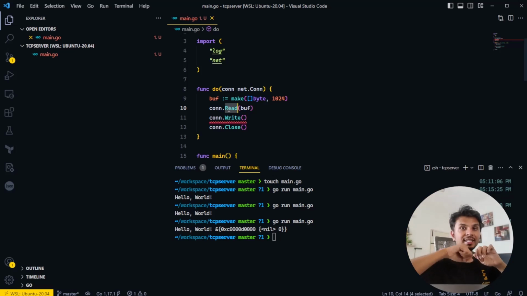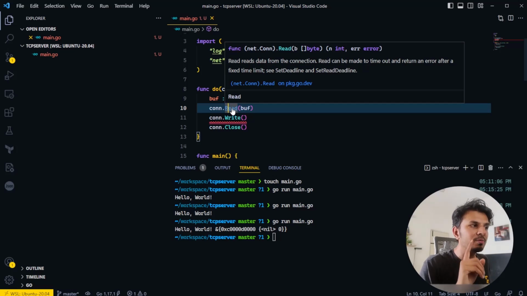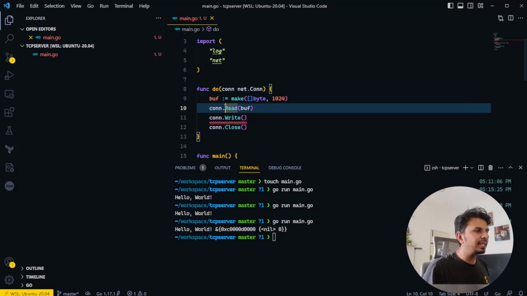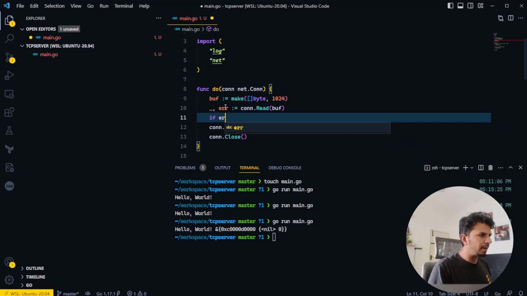So once the connection is established, I'm making a read call. I'm waiting until my client sends me the request. Once the client sends the request, let's see what read gives me. Read gives me n and error. N is basically the number of bytes that I read. I skip the number of bytes that I read, but if I see any error,